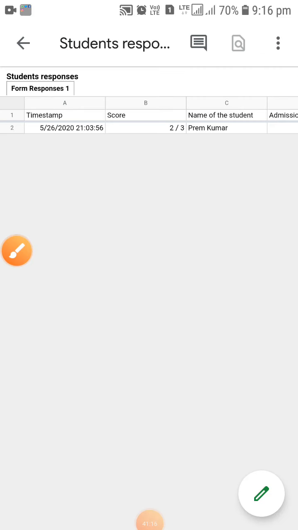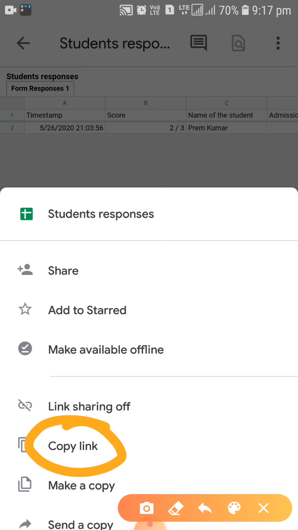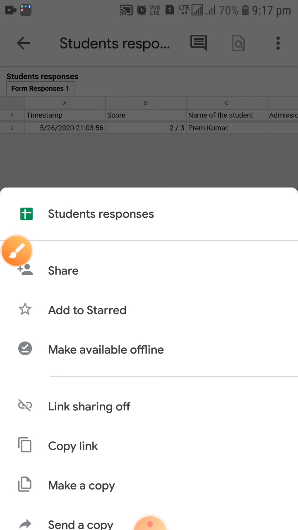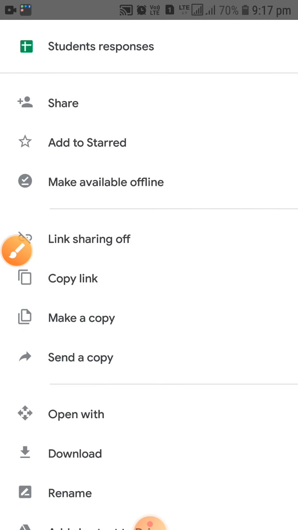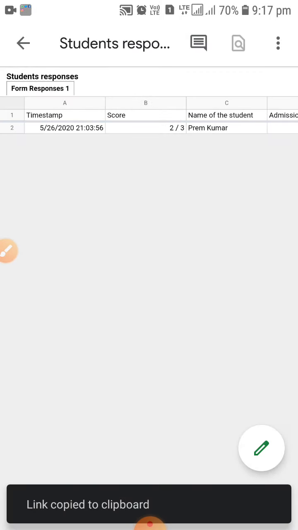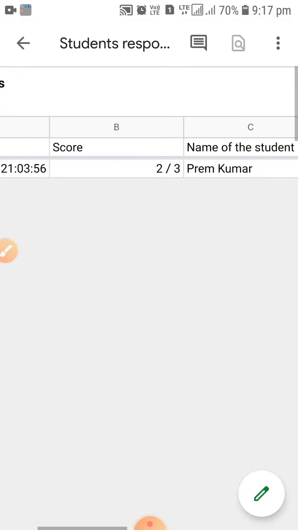You can see the share option is there, and if you want to share the link so that others can open it in their drive, then just copy the link. I have just copied the link. You can see the link is copied to clipboard, and then you can paste this link in any WhatsApp group or anywhere, so the management or other teachers will also see the responses of the students, how many have attempted.